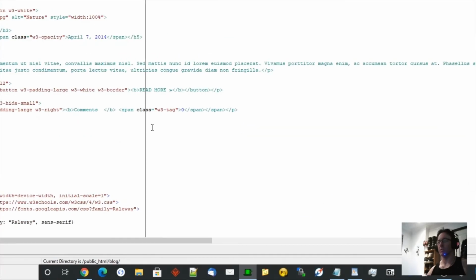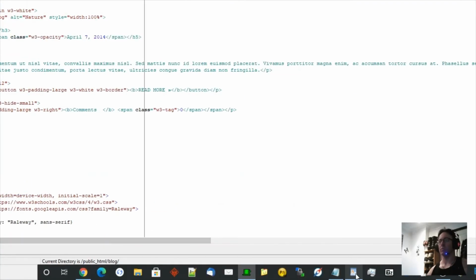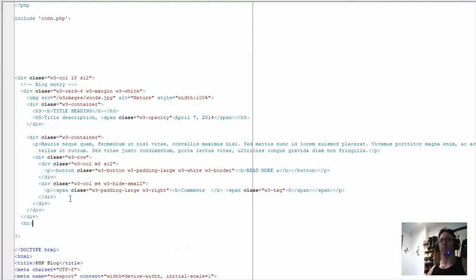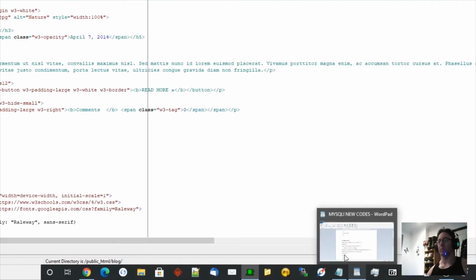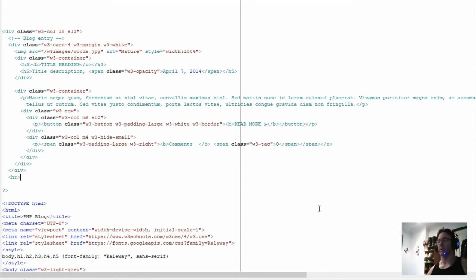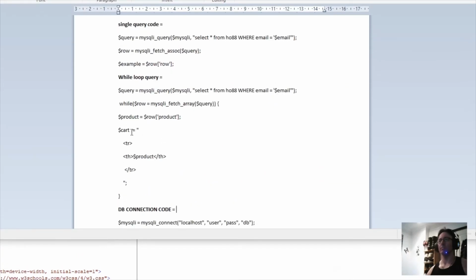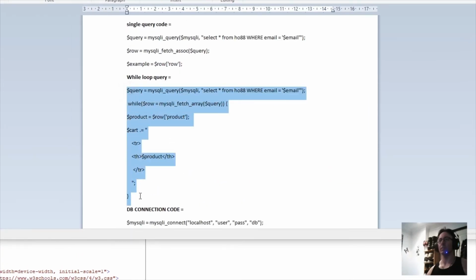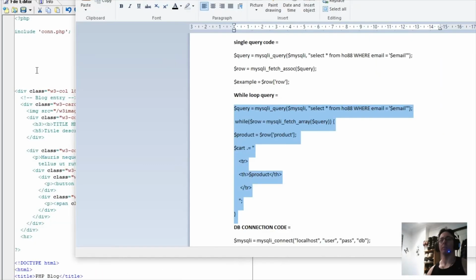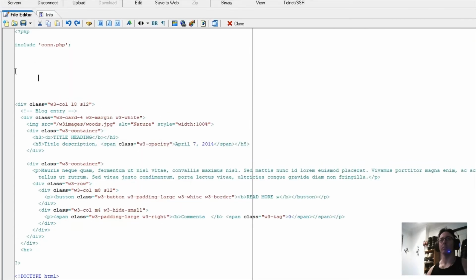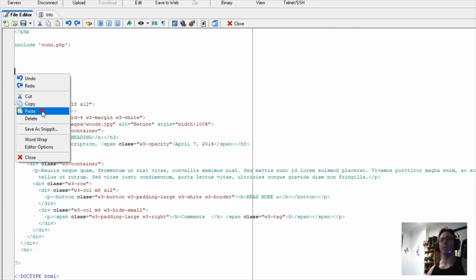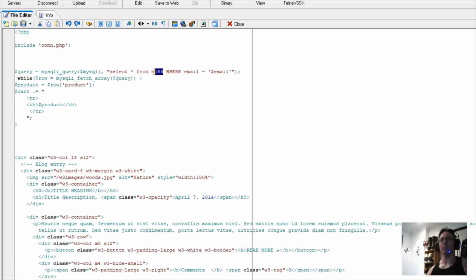So I'm going to show you how we can select all from posts and put an example post on that page. Now, this is before we create an admin panel and other stuff to administer your blog. So if I go to my codes, I've got some codes in here. I'm going to use this bit of code here. This is a while loop, which basically selects more than one record from your database. I'm going to paste this in here, and we're going to select all from posts,